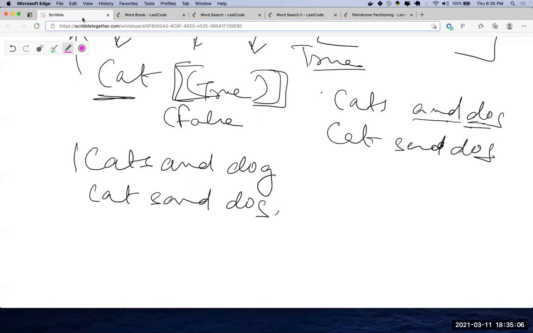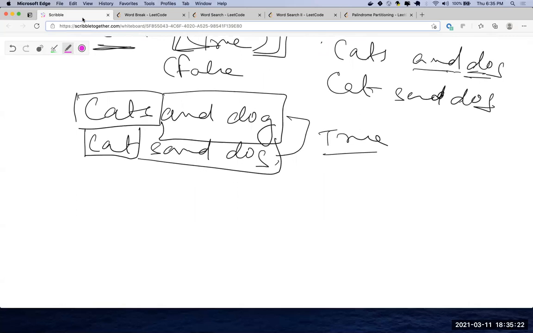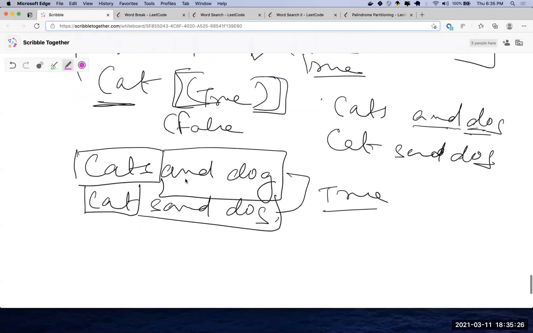So if you found cats, this is what you're going to recurse on, right, Arya? And if you found cat first, this is what you're going to do, right? And if either of them returns true, your eventual answer will be true, right? How are you going to code this up? Tobias, is this clear? I think so. Well, so here you have to try all possible combinations, not only with the first word that comes into your dictionary.